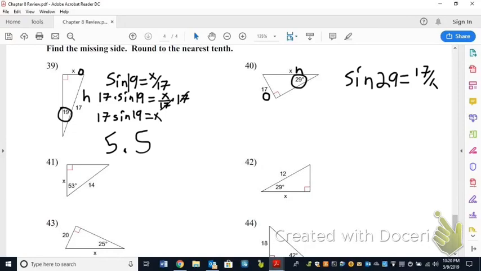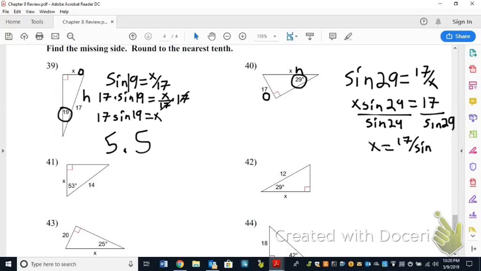So this is all you got to do. You want to multiply both sides by x. So we have x times the sine of 29 equals 17. And then we want to divide both sides by the sine of 29. And we get 17 divided by the sine of 29, and that is x equals